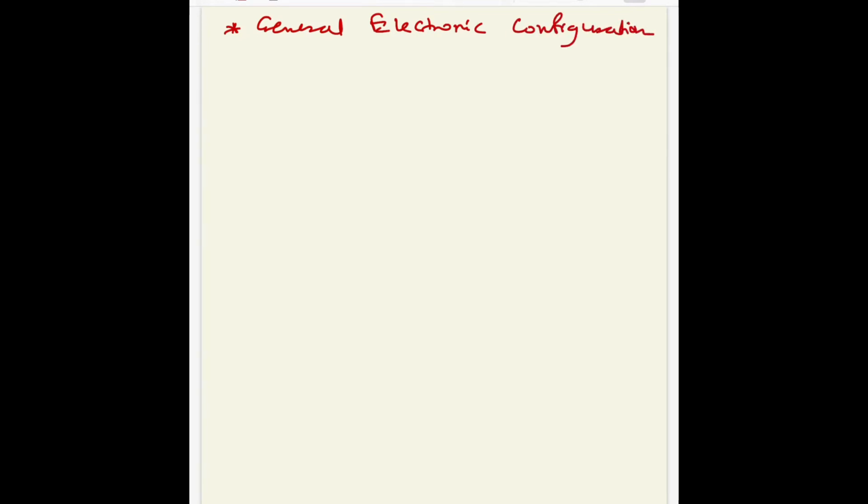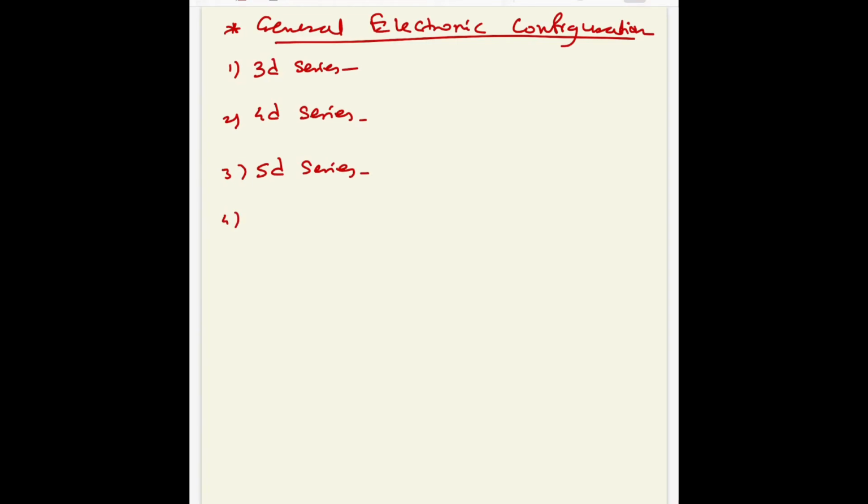First is the 3d series, second the 4d series, then the 5d series and the 6d series. For the 3d series, the general electronic configuration is the nearest noble gas argon, 3d 1 to 10 electrons,